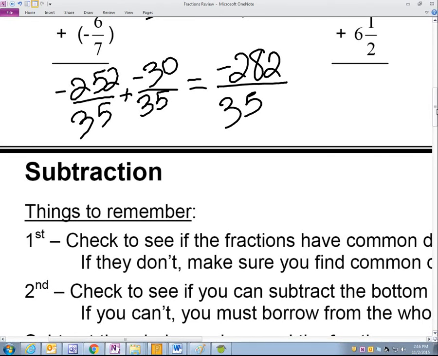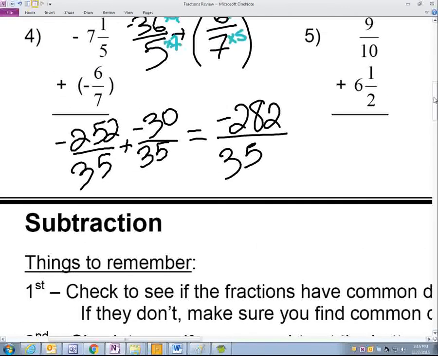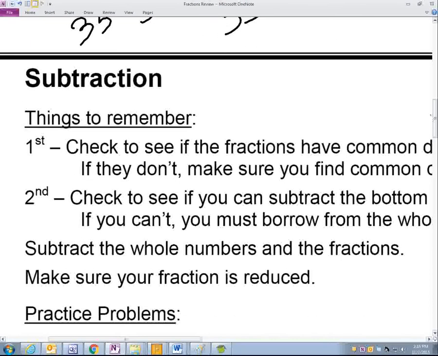I am adding because we have a negative number being added to a negative number, which means that we are going to become more negative. So if we're negative, we're adding more negatives. That means we're going to be more negative. Okay? I want to be positive. So on a scratch piece of paper, I'm going to do